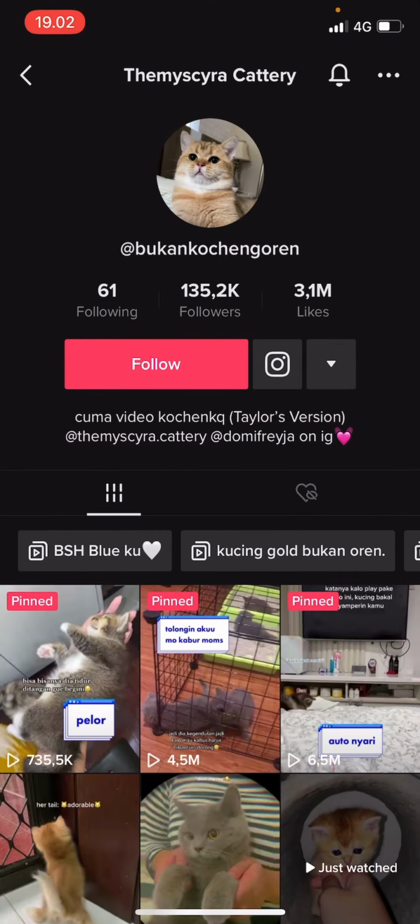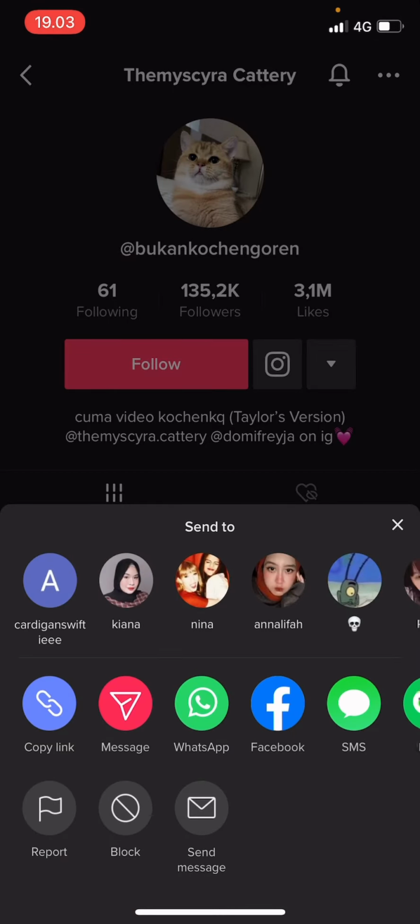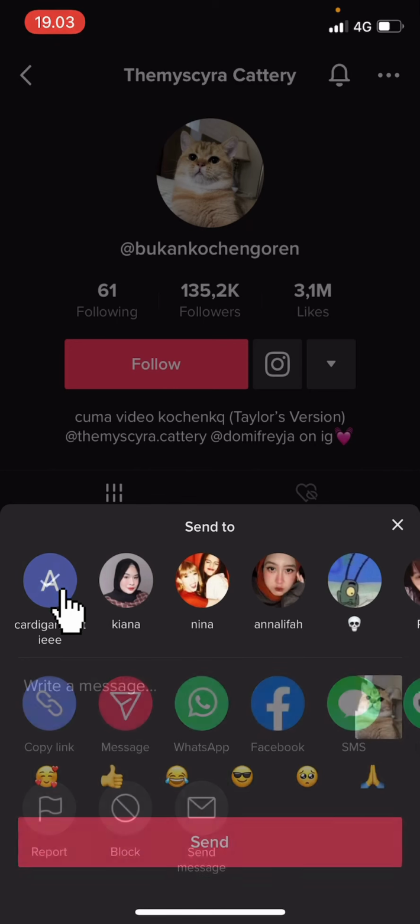To then share the account to your friends, press the top right corner, like the three dots on the top right corner, and send it to a friend. I can either send it to like my TikTok friends, like directly in their messages, or I can even share it to other social medias. But I'm just going to send it to a friend on TikTok, so I'm just going to select the account